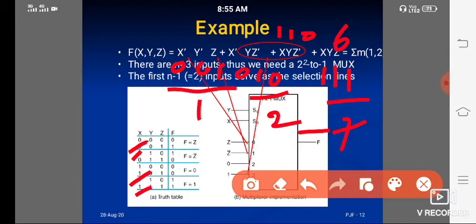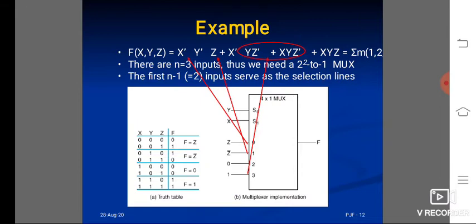On the output side we are putting 1 for the value 1, 1 for the value 2, and 1 for the values 6 and 7. Based on that condition, there are 3 selection line inputs. We have observed n equal to 3. Based on the equation we note down the circuit diagram, and based on the circuit diagram we design the tabular form. Here we have to observe clearly.